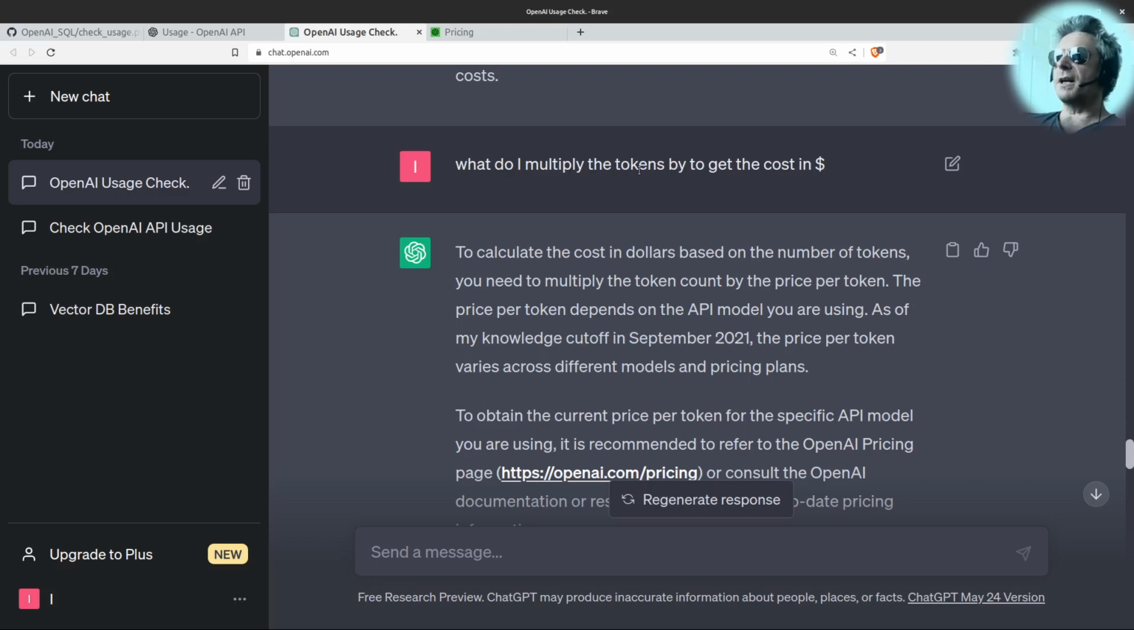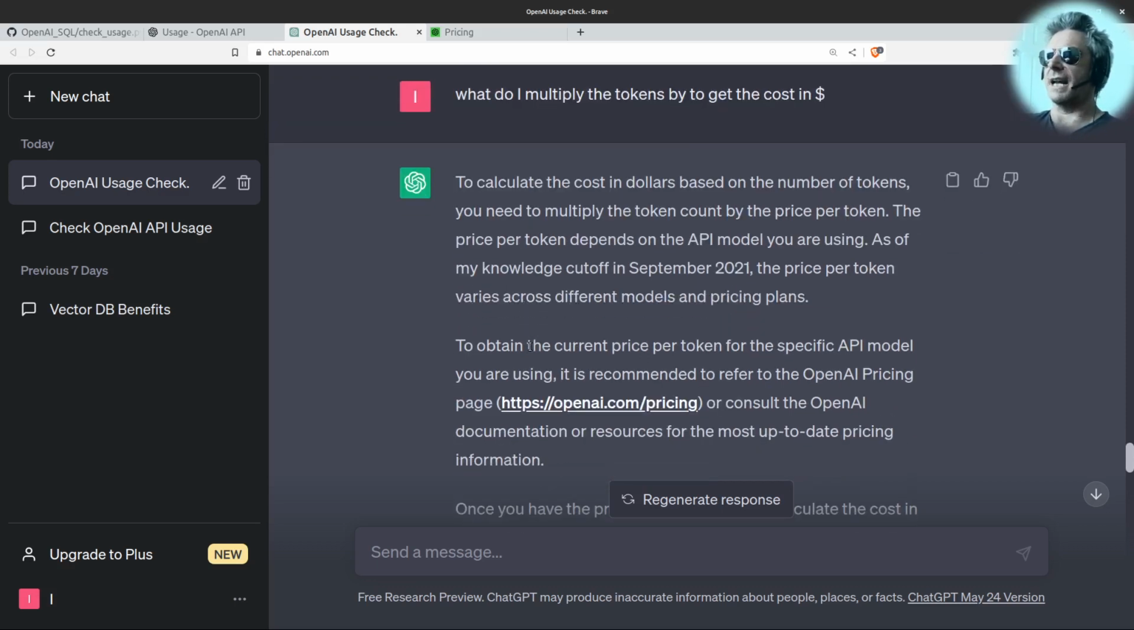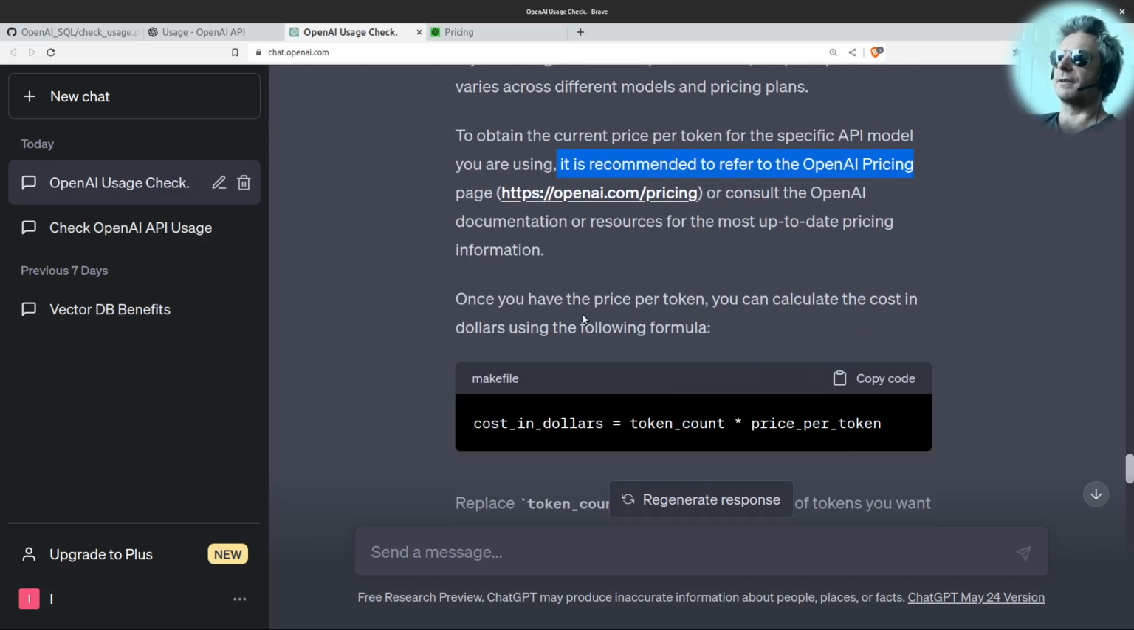So what do I multiply the tokens by to get the cost in dollars? I was just kind of playing devil's advocate here. Really, what I wanted to get it to say to me was confirm my suspicion that you need to multiply the price per token for the specific API model you are using. It is recommended to refer to the OpenAI pricing. So the cost in dollars is the token count multiplied by the price per token, which is what